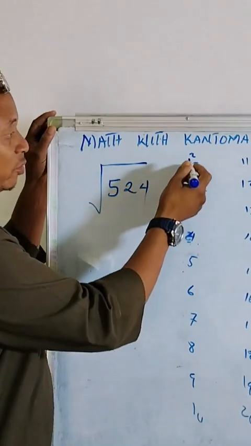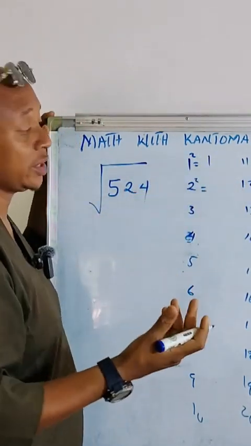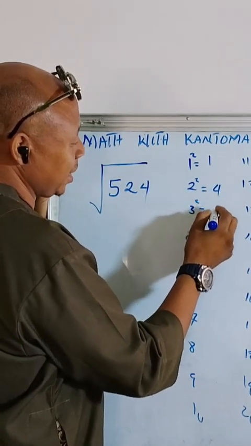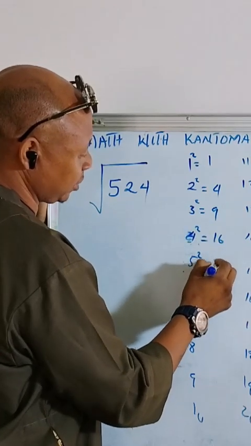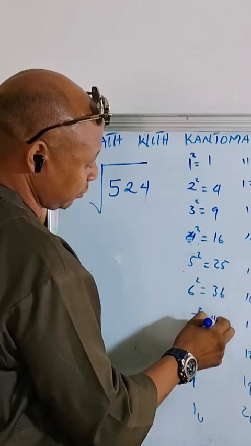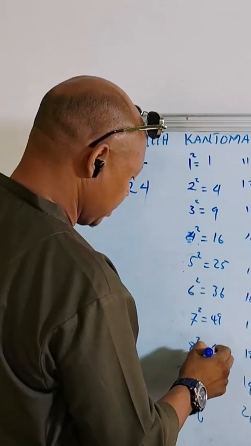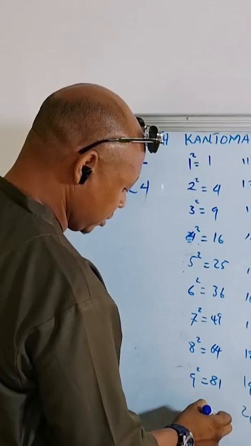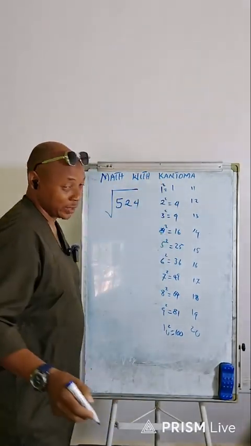So now the square of 1, meaning 1 times 1, is of course 1. And this is very simple. We all know these ones. So square of 2 here is 4. Square of 3 is 9. 4 square is 16. 5 square is 25. 6 square is 36. 7 square is 49. 8 square is 64. 9 square is 81. And 10 square is of course 100. Right? So now, having mastered all these ones,